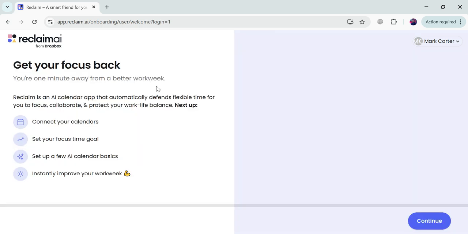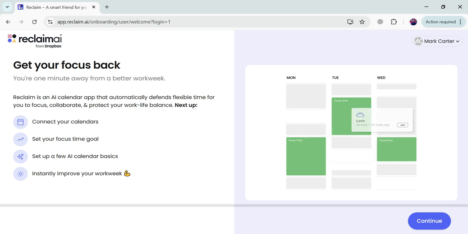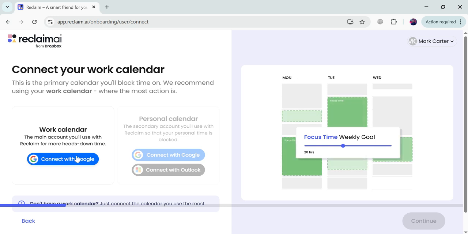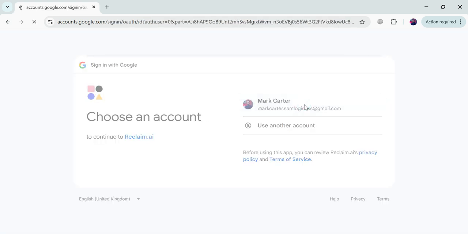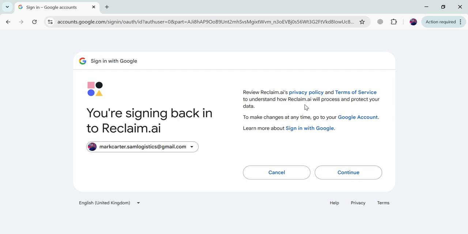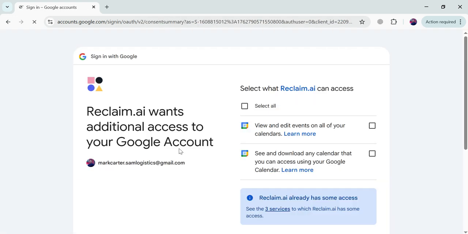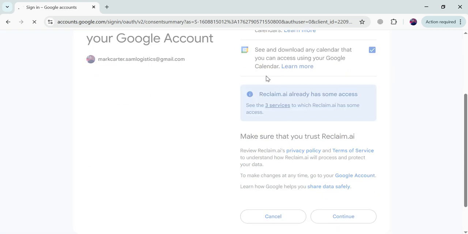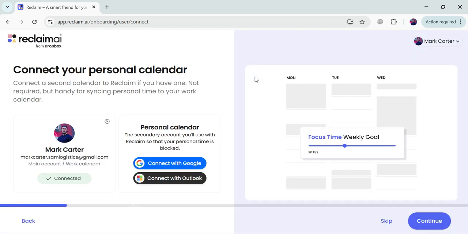So my account is created. I just have to check these options because I've created this account for the first time. So I will click on this continue, and I will connect my working calendar so that it can check my priority time as well as my meeting time, or you can say my breakfast time, lunch time, dinner time, and my holidays as well. So I'm going to continue with my Google account. I'm going to give access to all my calendars. So that's how my Google calendar is connected with this.